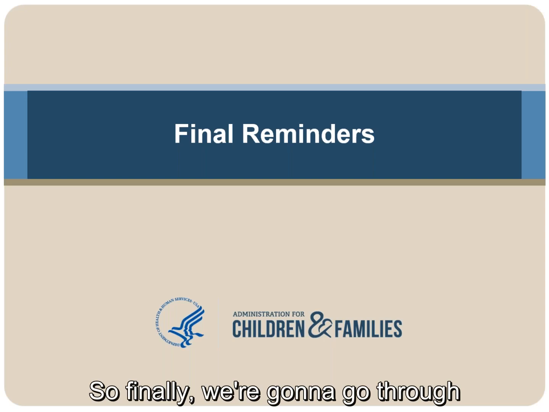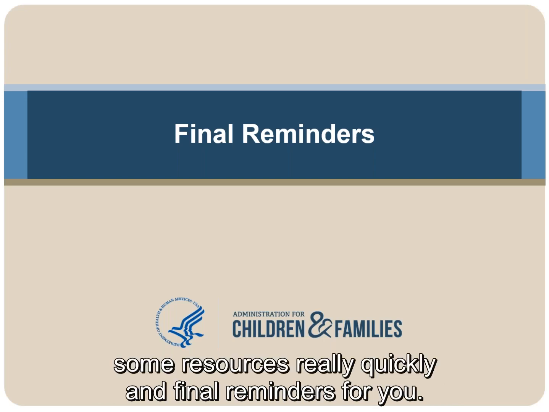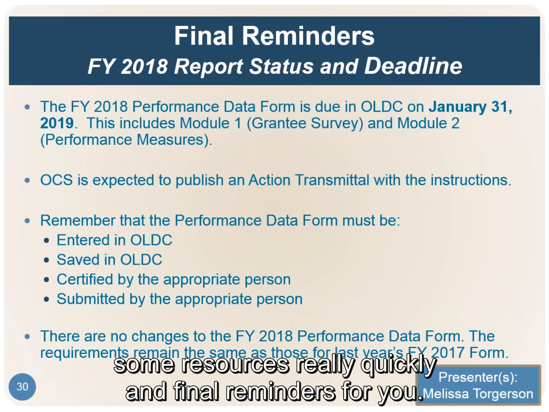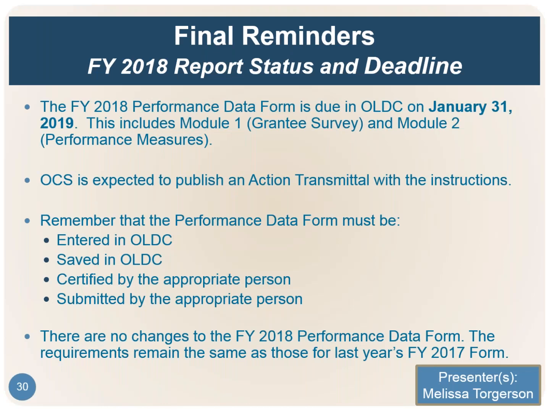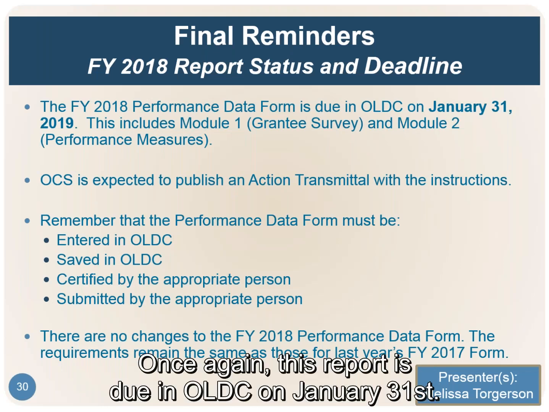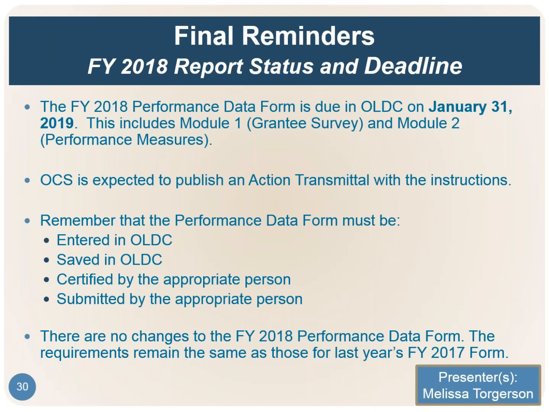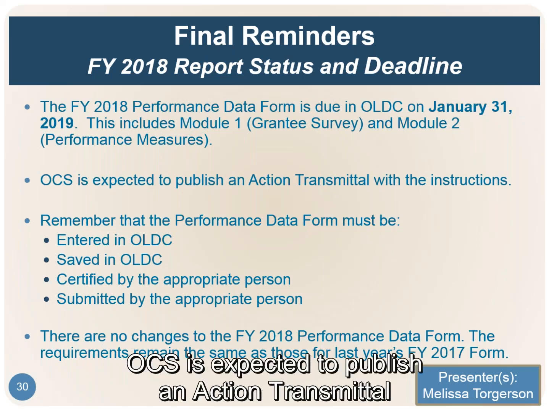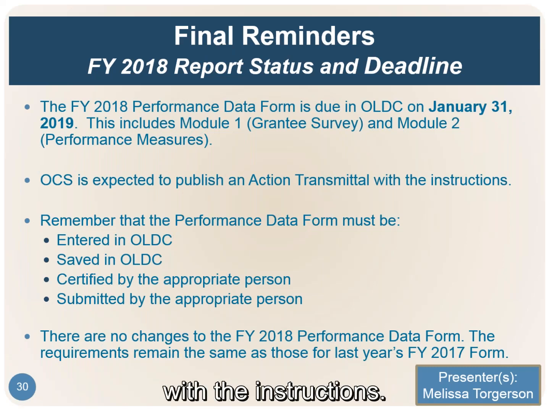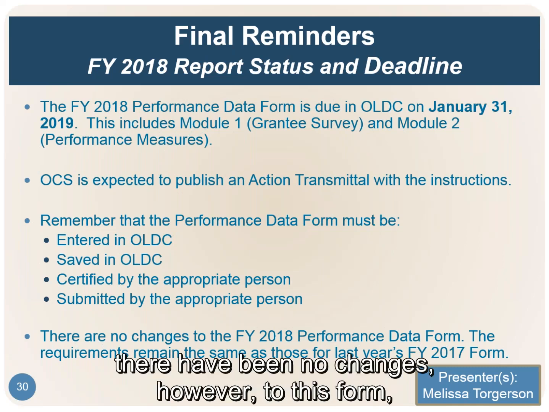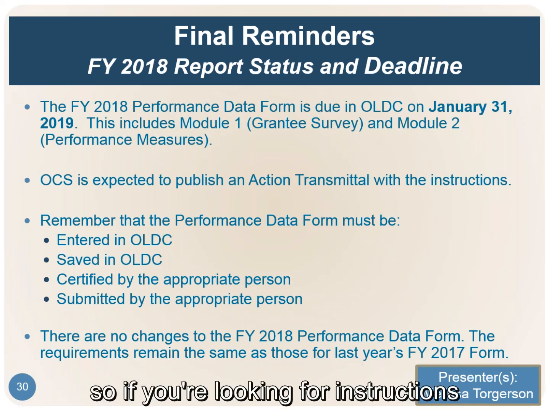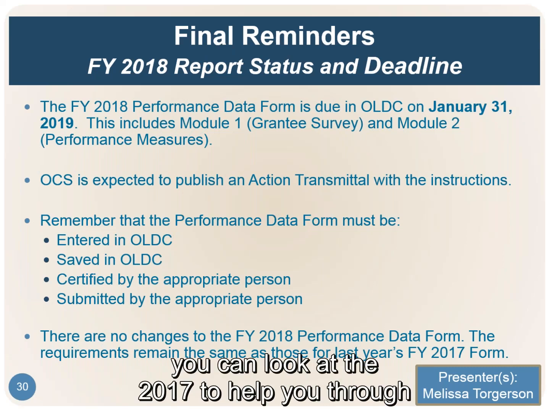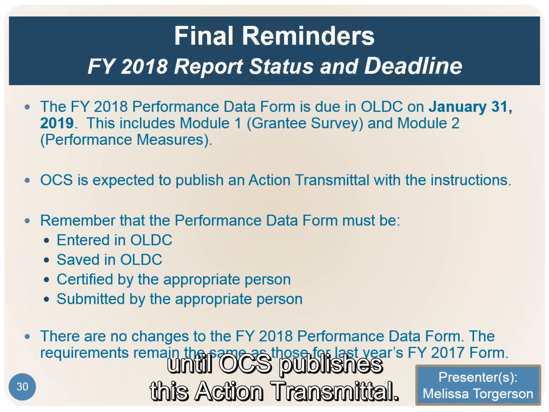So finally, we're going to go through some resources really quickly and final reminders for you. Once again, this report is due in OLDC on January 31st. This includes both the Grantee Survey and performance measures. OCS is expected to publish an action transmittal with the instructions. As Dan mentioned, there have been no changes, however, to this form. So if you're looking for instructions, you can look at the 2017 to help you through until OCS publishes this